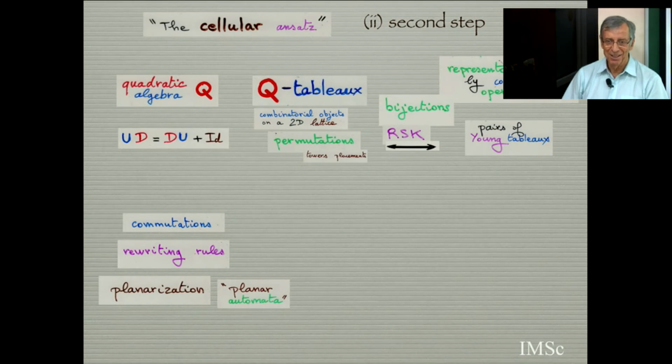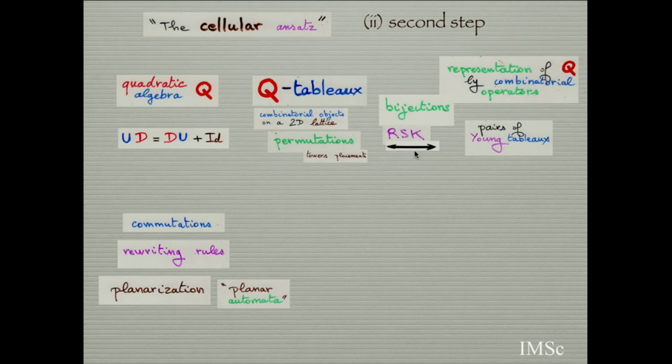And then we will make an analysis of the growth diagram of Fomin to show that, from the representation, there is an automatic way to define a bijection, and this bijection is exactly RSK. The philosophy is that the fact that UD = DU + identity, you can explain it on one square of the lattice, and you propagate this explanation in the whole lattice, and you get RSK. You get the planarization of the relation. So it's difficult to explain now, but there will be a whole class to show that the representation gives you the classical RSK.